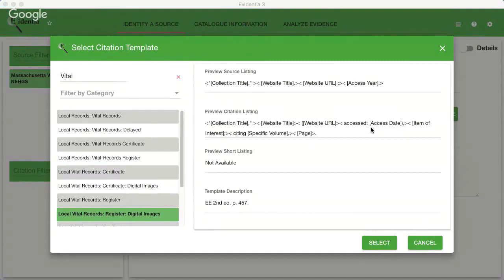It's obviously not an all-inclusive list, and there tend to be more templates for US records than for the UK or Australia or New Zealand. However, all of them, or almost all of them, are based on Evidence Explained or some other authority for citation formats. I can filter the list of records based on some filter text, and that's why it's based on